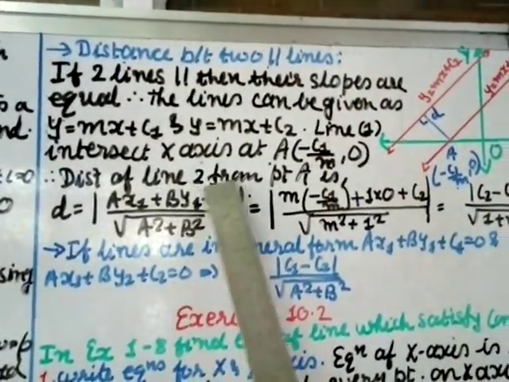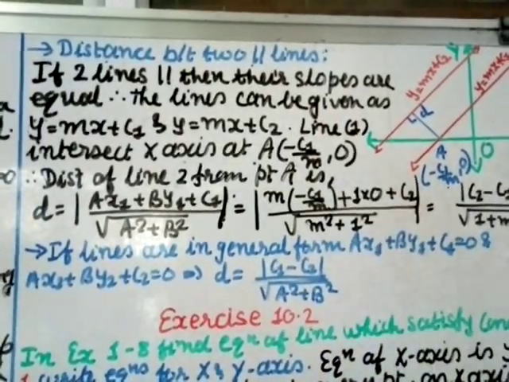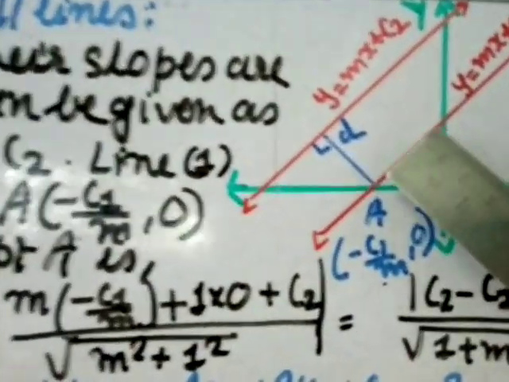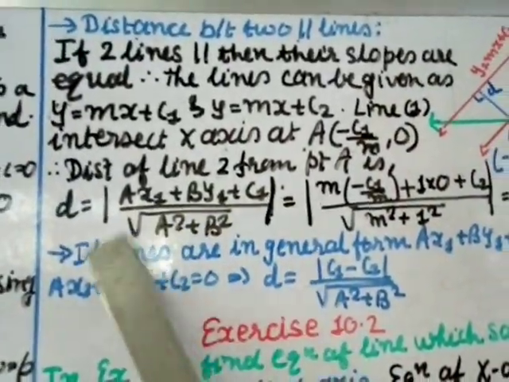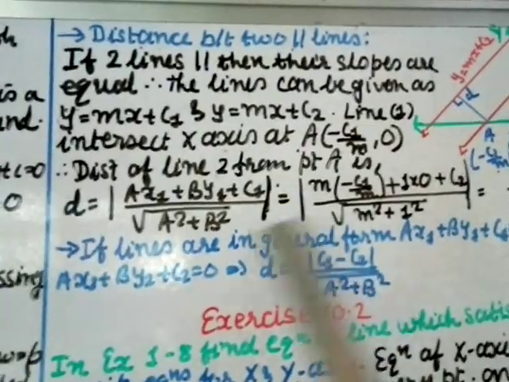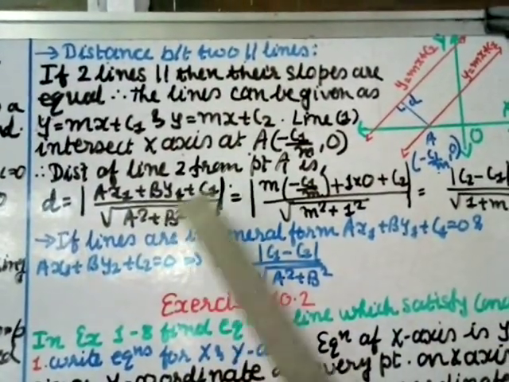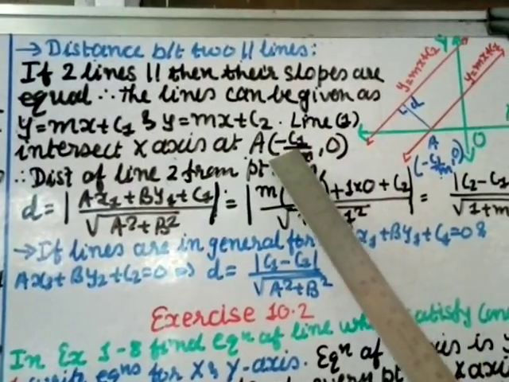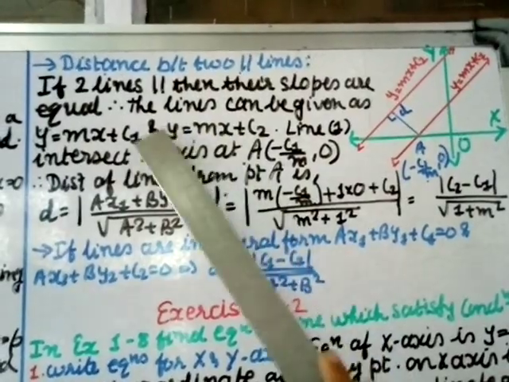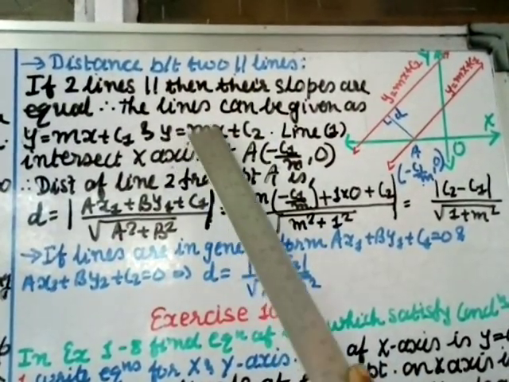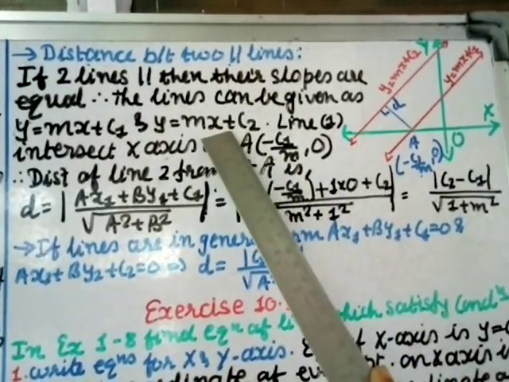Then the distance of the two lines from point A is, now I have to find the distance. So I will find it from the point and from the line. So d equals, using the same result which we found just now, modulus of ax1 plus by1 plus c divided by square root of a square plus b square. See, x1 and y1 will be this value. This is x1, this is y1. And I have to take the equation of the second line, this one. If you write it, it is mx minus y plus c2.